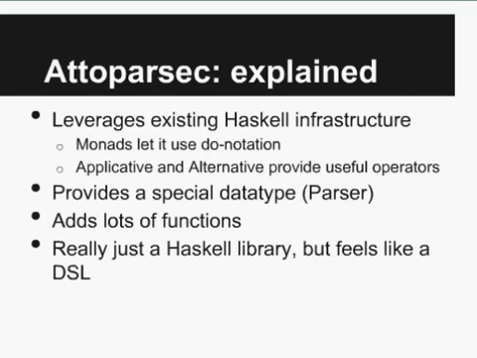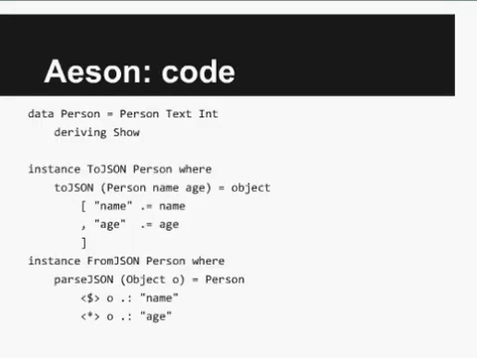In the case of Attoparsec, the data type is Parser. And you just provide a bunch of functions for interacting with it. So at this level, we've really hardly even touched the surface of being called a DSL. Let's take this just a little bit of a step further to the Aeson library, which is